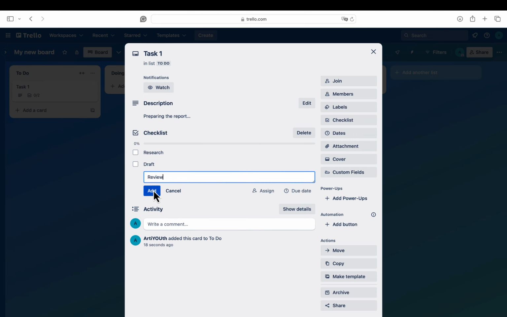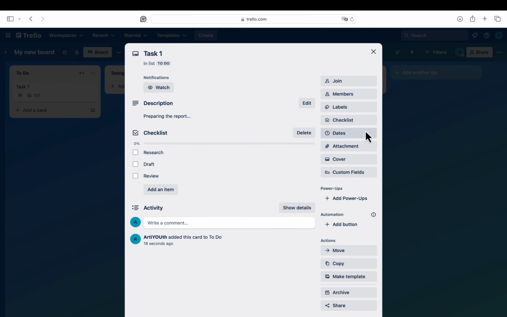Labels help categorize cards, making it easy to filter and find tasks.